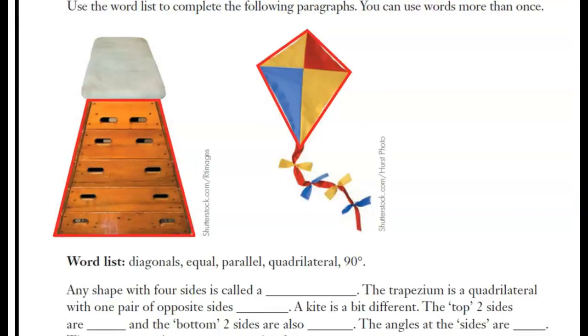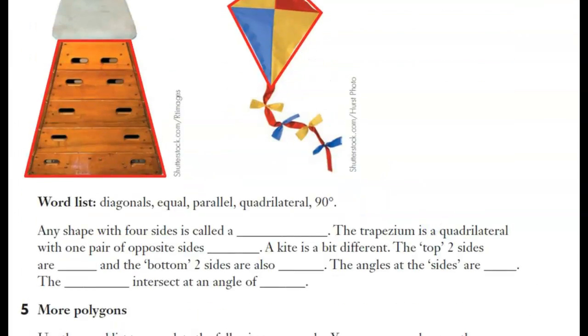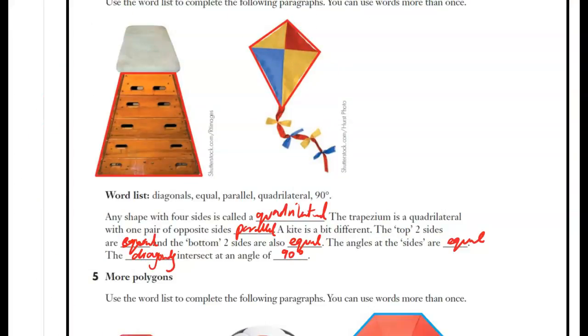All right, what about other quadrilaterals? We've got this one. Let's go. So the trapezium, the only special property about the trapezium is that it has one pair of parallel sides. That's it. Nothing else. A kite, you've got two sides the same, so this is the same as that, that's